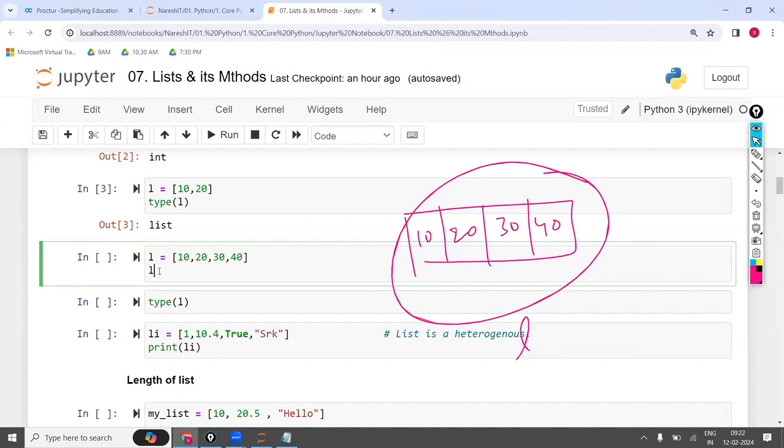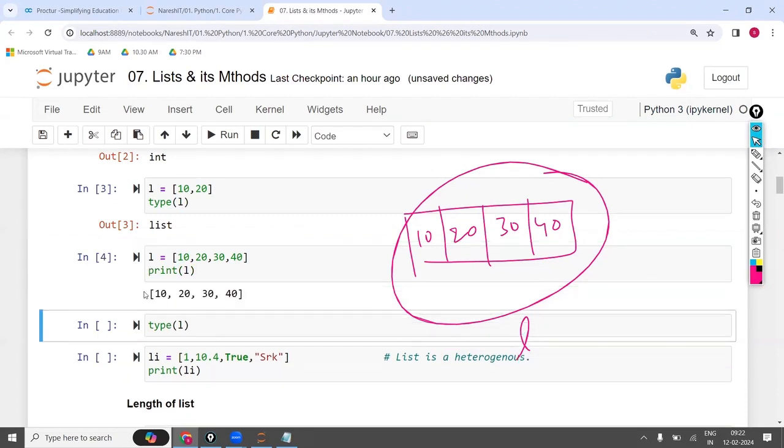So if you don't write print, automatically it will print. You can write print of L like this, or you can simply write only L also, no problem. So it is going to give me 10, 20, 30, 40.